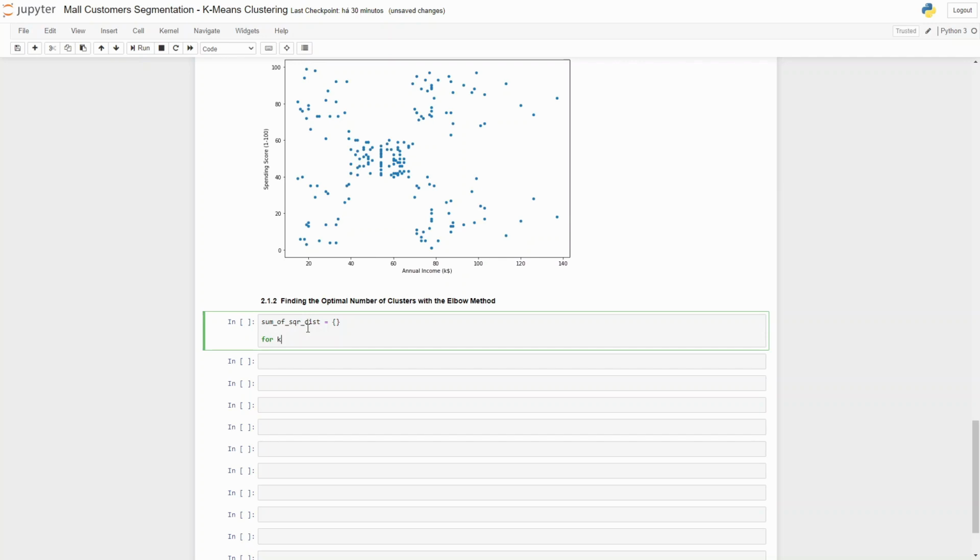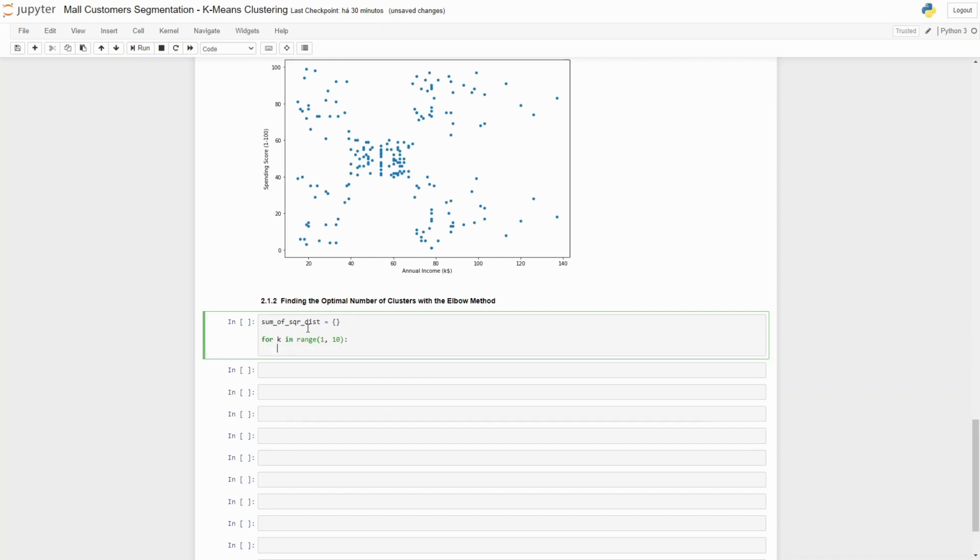For each k in range of 1 to 10, for example. This is the number of clusters we will be doing this. Let's use km for k-means equals to, and now we call the k-means from the scikit-learn library and define the n clusters